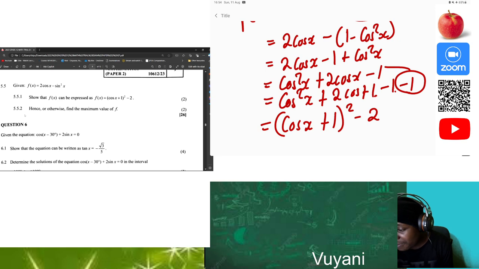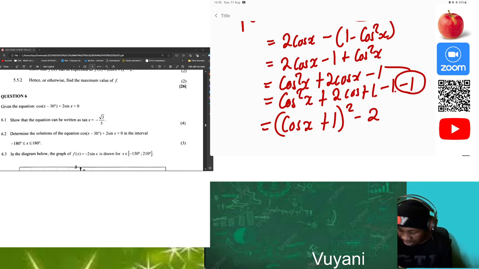Maths is fun. If your friend doesn't love maths, please make sure that you tell them, you know what, our friendship is over, because maths is nice. You can never go wrong with maths. Now let's look at